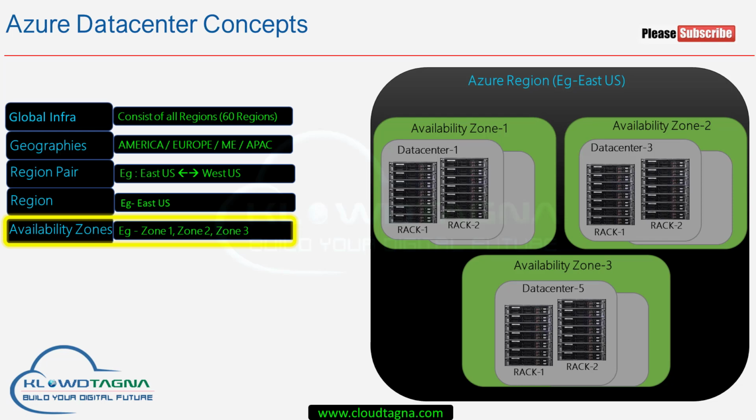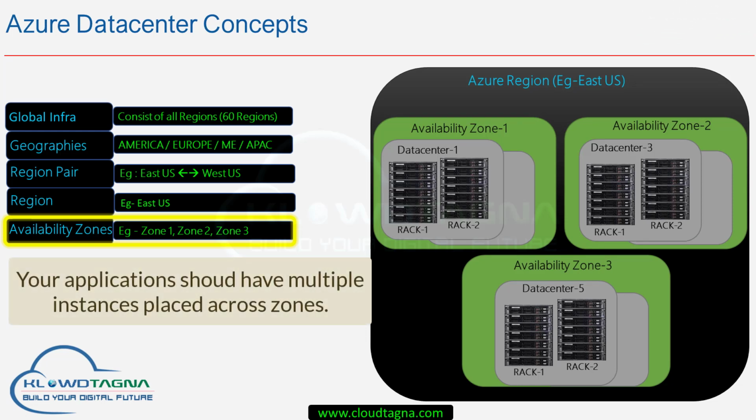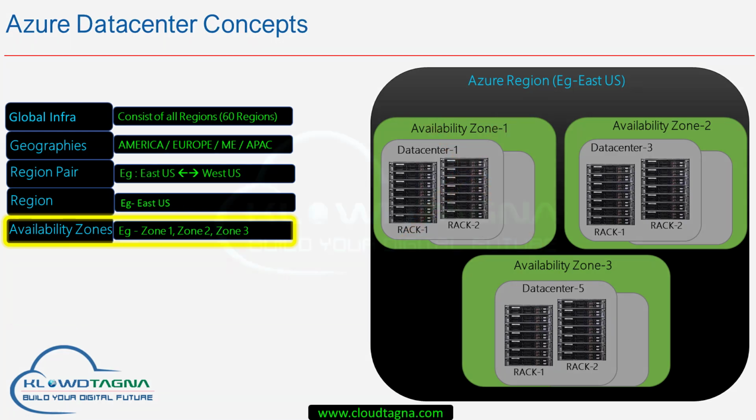Imagine you have placed your machine under an availability zone. In the event of any data center failure, your workloads are protected. The machines that are placed into an availability zone can get a greater SLA. SLA is nothing more than guaranteed uptime for the given resource. So availability zones can protect your resources from data center failure.